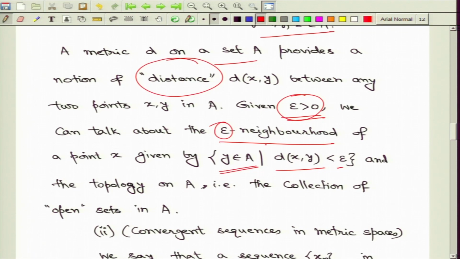x. So, here you note that the point small x is already included because the distance from itself is always 0. So, that will also satisfy this inequality no matter what your value of epsilon is. Epsilon is always chosen to be positive, and therefore, x is always there, and we can always ask what other points y are included in this epsilon neighborhood.